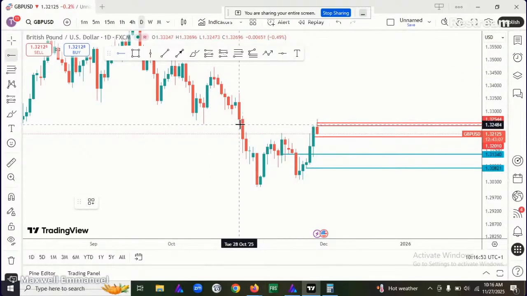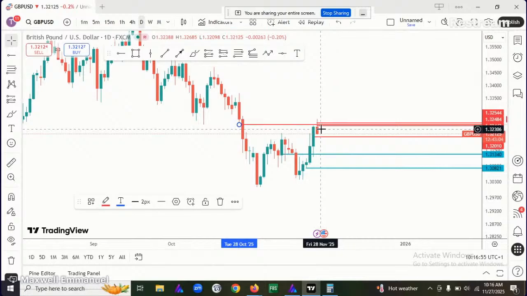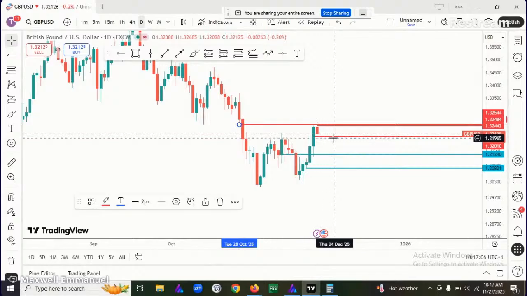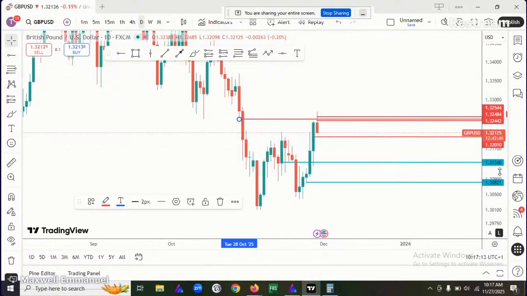Can you see this? The reason most people would have jumped in and started buying after the opening of today's candle. But I did advise that if the market opened 10 pips above the average price, you should wait for price to pull back to the average before you risk taking a buy. And you can see that the market opened almost 30 pips